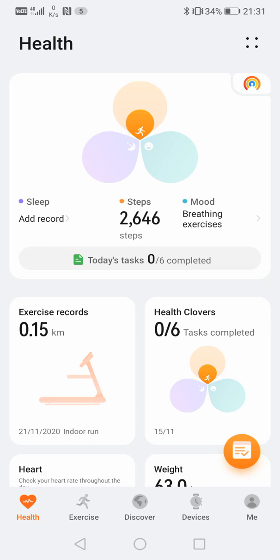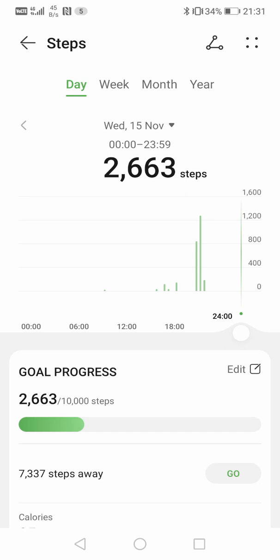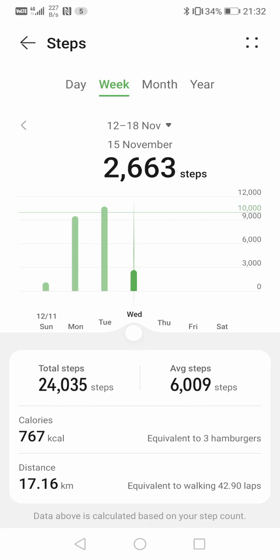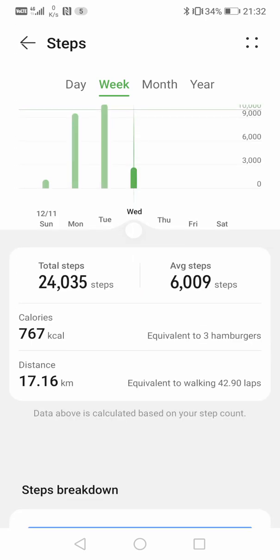I forgot to tell you that based on the steps, the app also calculates the calories I have burnt today. For example, I click here on the steps and you can see it gives me a record about the day, week, month, and year. So I click on the week and it gives me average steps about 6,000 in a week I walked. Total steps in a week about 24,000, and the calories I have burned is